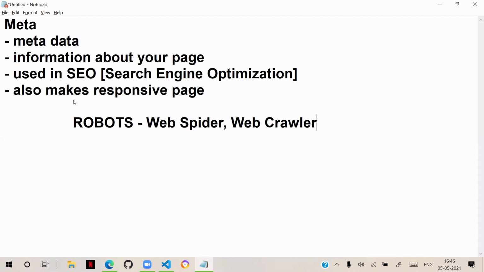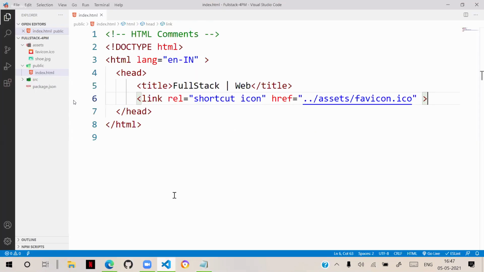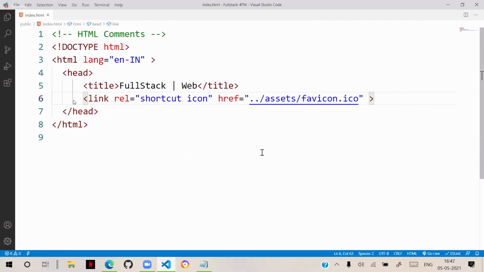That means when you design a page, you have to design it robot friendly so that the robot can easily understand and easily access your page and show it in search results. That is done by using meta. Meta has a lot of attributes. What are those meta attributes and how to write them? I will tell you. Remember, meta has no information to show us.